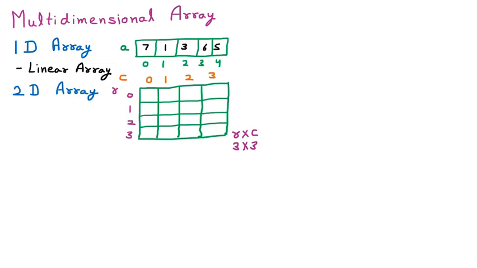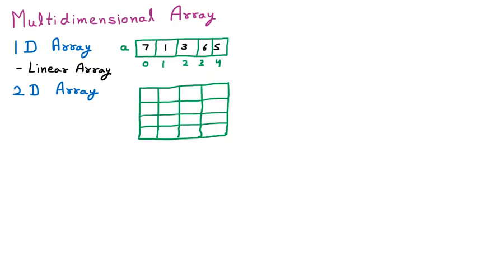So we can say that the size of a 2D array is equal to row cross column. The rows are 3 and the columns are 3, so 3 cross 3 means 9. So 9 elements can come here. We can check whether it is possible to take out 9 elements: 1, 2, 3, 4, 5, 6, 7, 8, 9. That went wrong. This is going wrong. So this one is the 2D array.